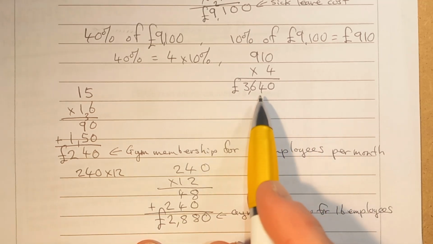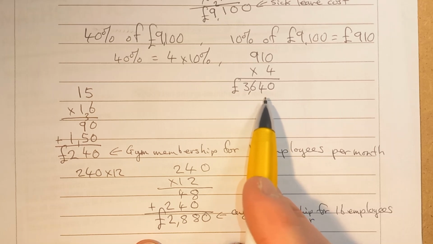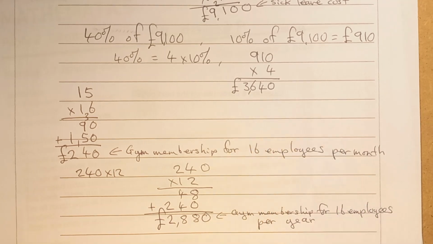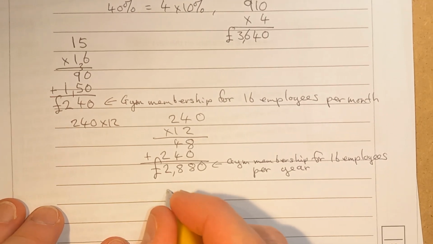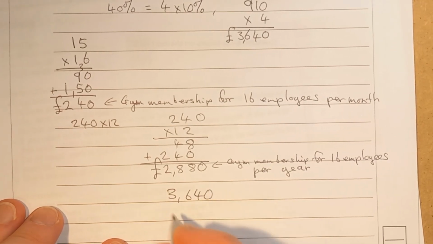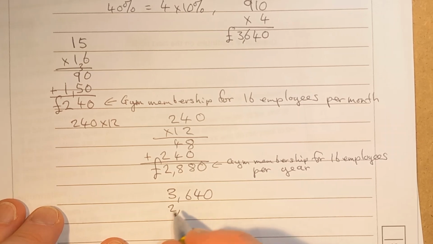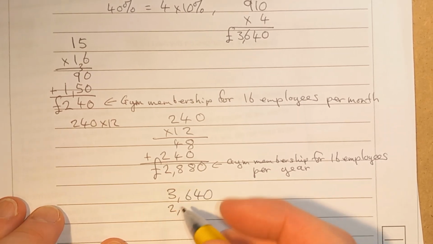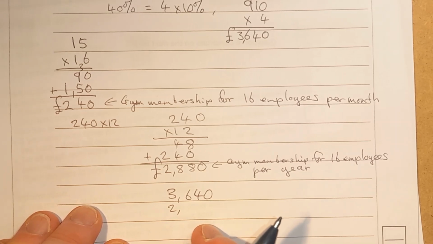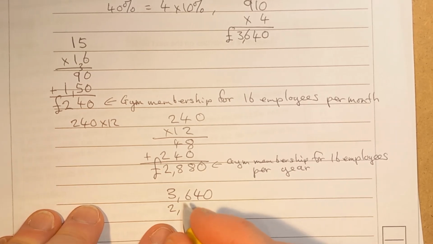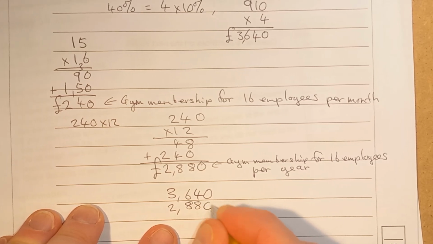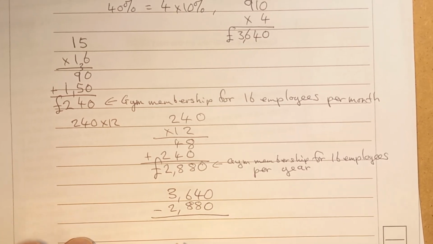We've got 40% of the sick leave, and Laura was saying that they'd save over £750. So, let's find out. If we've got 3,640 is the cost, well, that's 40% of the sick leave cost. We're going to subtract the cost of the gym membership. Now, if we can find out what that difference is, we can compare that